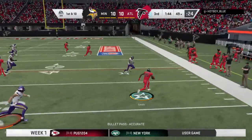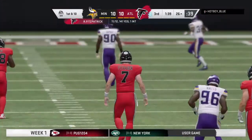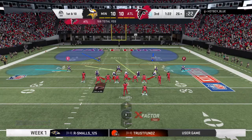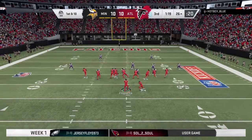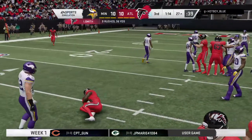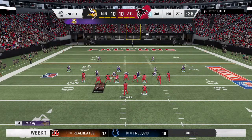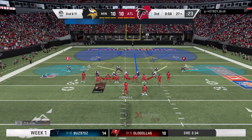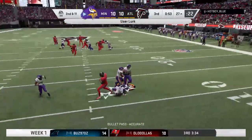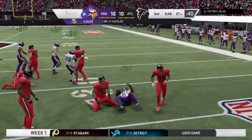Working out of the gun, Fitzpatrick. That's complete to Smith. He'll go down, but not before getting this inside the 30. Call that a very strong gain of 24. On 1st down, Smith, and they take him down, losing yardage back at the 27. That's going to go as a loss of a yard, and it'll be 2nd down. At the 27-yard line, on 2nd and 11 now, Fitzpatrick into a double team, and it's intercepted. Picked off by the Pro Bowler, Anthony Barr. And he's able to get it back to